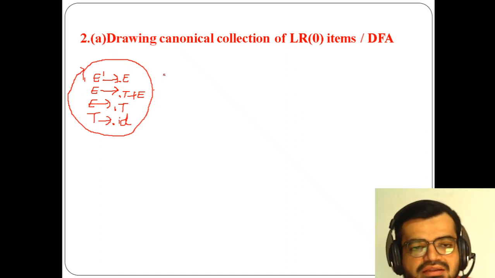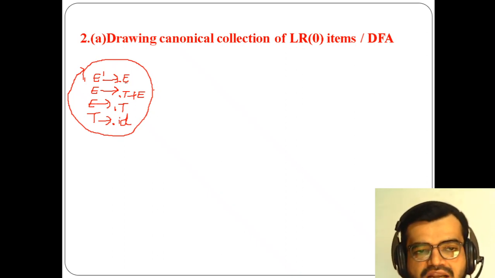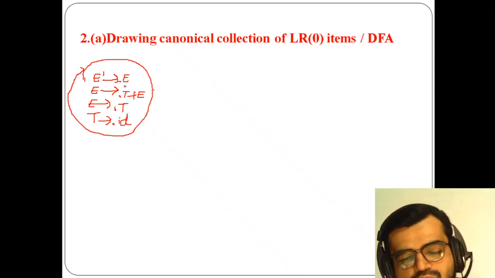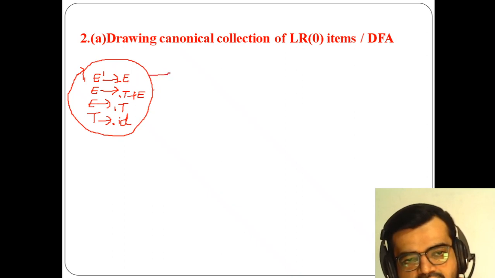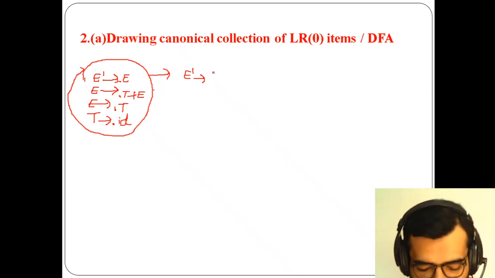Okay, so now the next thing is that I have to perform each production separately. So what is the first production here? E dash of dot E. What I have to do is move this dot so that it comes after E. Because E has not yet been visited, E has to get visited here, right? So here I am taking E dot.